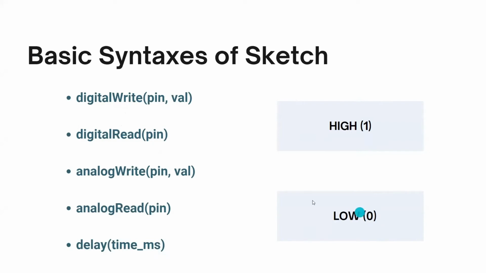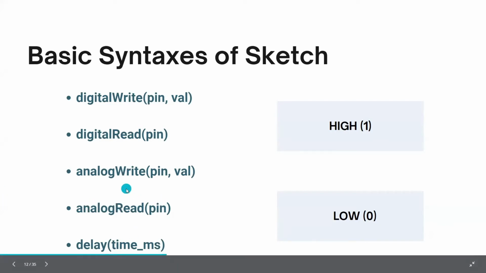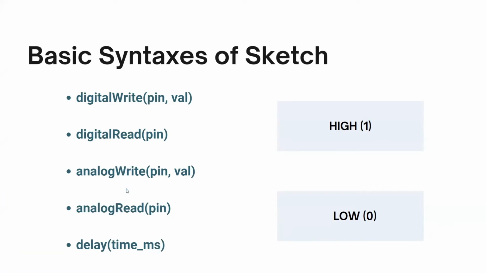Similarly, if I want to change the pin value of analog pins from A0 to A5, then I can use analogWrite. I will specify the pin, whether it is A1 or whatever it is, and what the value is. Suppose I want to give 500 as the value. So it will transmit the value 500 for me, right? So the device will perform accordingly. analogRead is used to read the value of a sensor. Suppose it is a temperature sensor, so it will give me values like 28 degrees Celsius, 29 degrees Celsius.